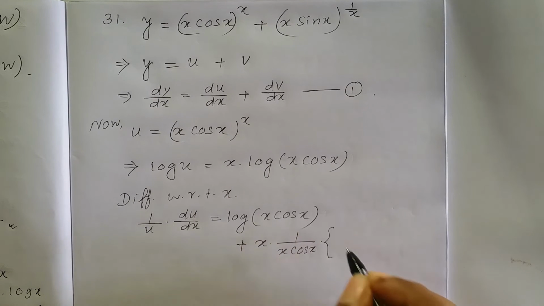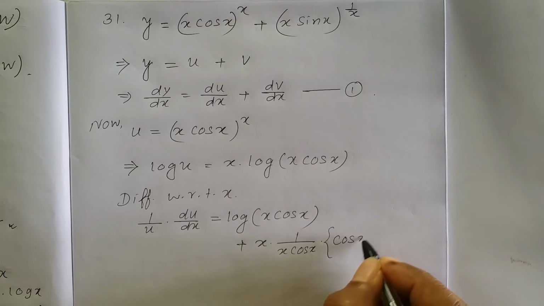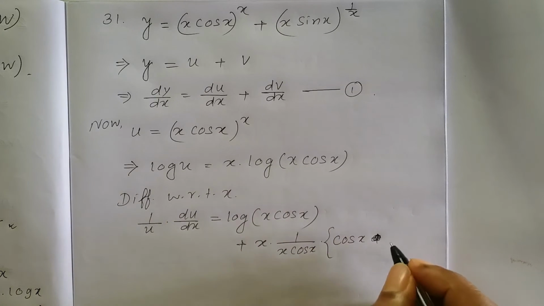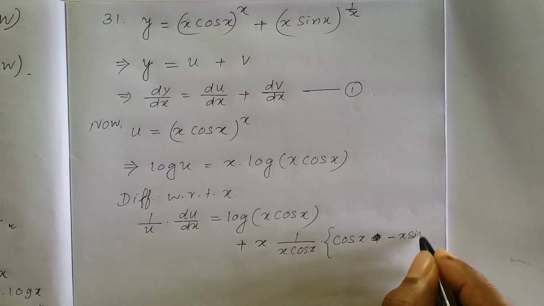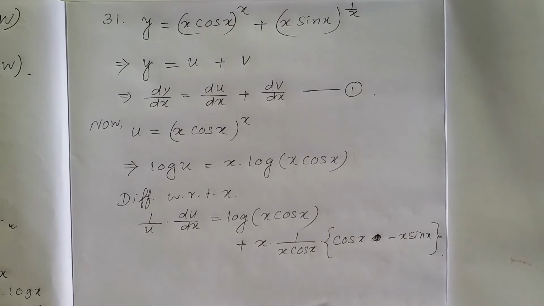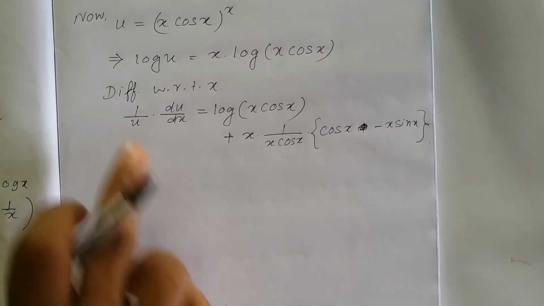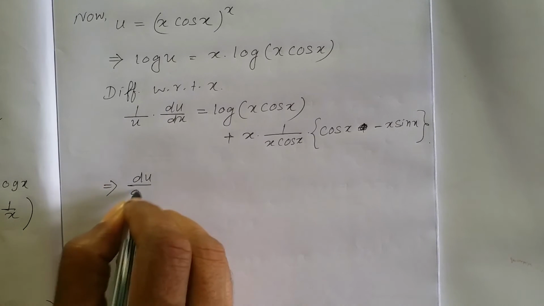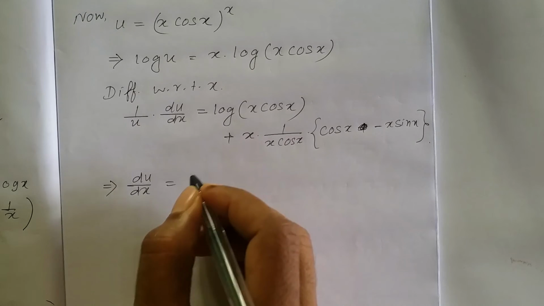Then x cos x derivative: x is 1, so cos x remaining same, plus minus, because the derivative of cos x is minus, so minus x sin x. It is the differentiation, then cross product, it implies du dx is equal to u whole into